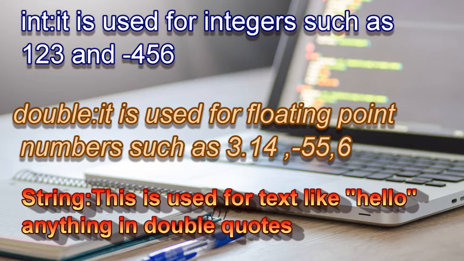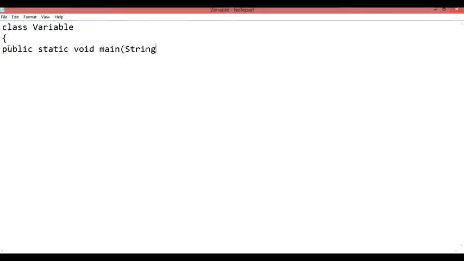When we are talking about a string type, it includes strings enclosed in double quotes. Whenever we write something in double quotes, the programming language considers it a string. So for example, if I am writing a string, it should be in double quotes. That is the purpose of it whenever we are defining a variable. Let's understand the variable concept with the help of an example.